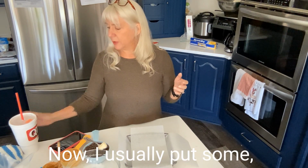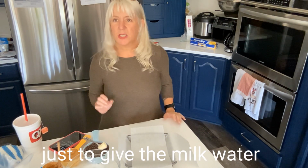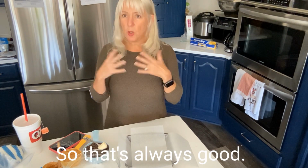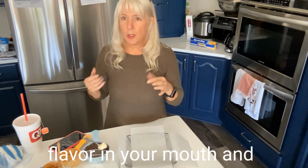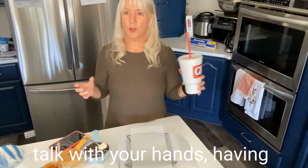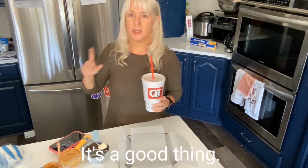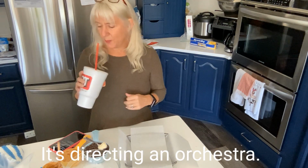Now, I usually put some flavored tea bags in there, no sugar obviously, just to give my water a little bit of extra flavor, so that's always good. You always have some flavor in your mouth and you've got something to keep your hands busy. If you're like me and you talk with your hands, having water in one hand and another hand free to get your point across is a good thing. It's directing an orchestra. Anyhow,